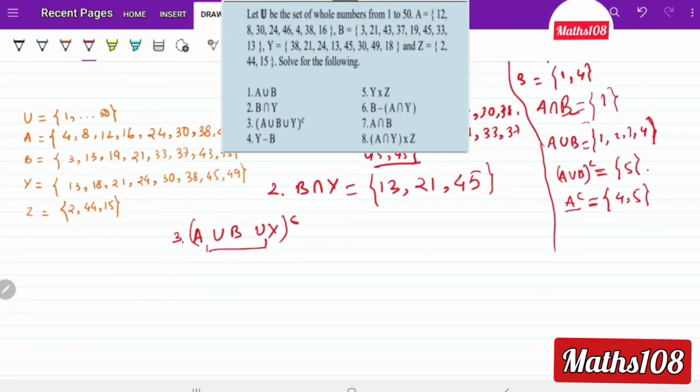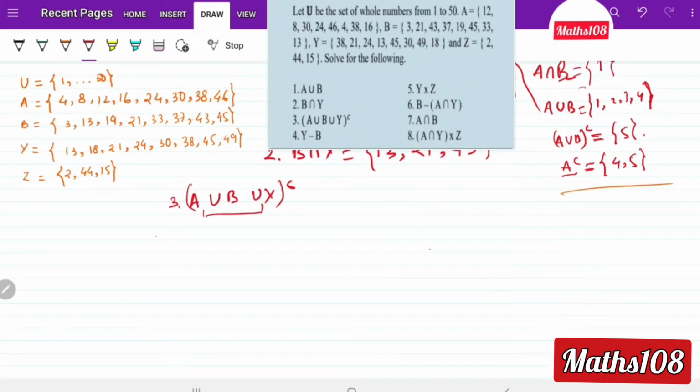So we need to calculate this first. So we need to calculate A union B union Y first. So we need to check all the common terms of A, B, and Y, and we need to write